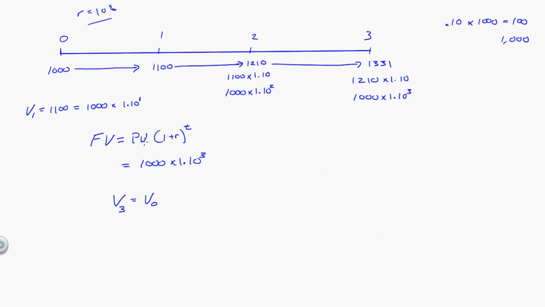What do I mean by present value? I mean the value in year 0. Times 1 plus r to the 3, because I'm taking 3 steps, which in general is going to look like the value in year n is equal to the value today times 1 plus r to the n. So future value, I'm letting money grow, I'm multiplying by 1 plus interest rate for some number of steps.